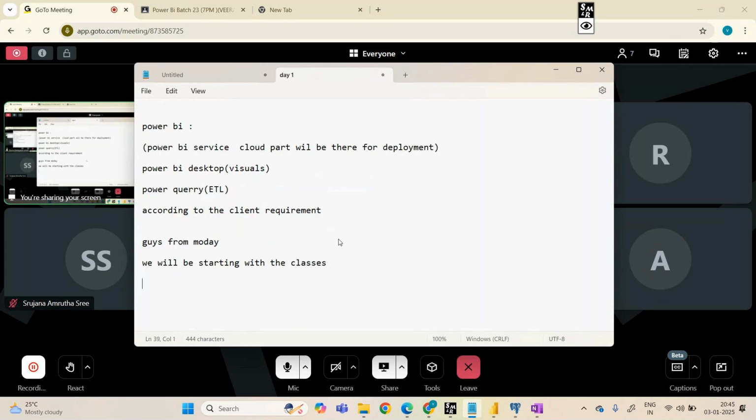The timings again: 8 p.m. to 9 p.m., Monday to Friday, daily one hour.